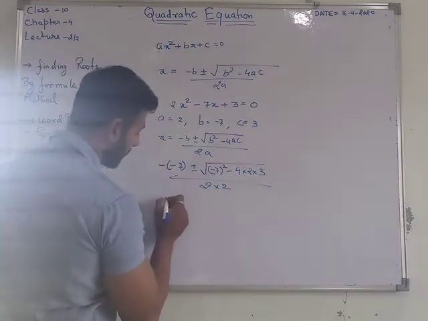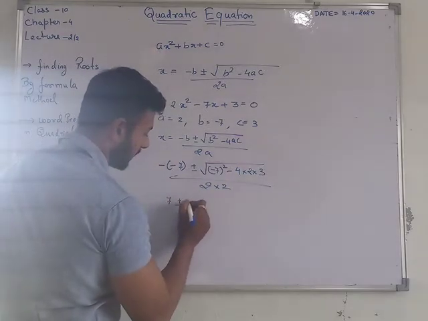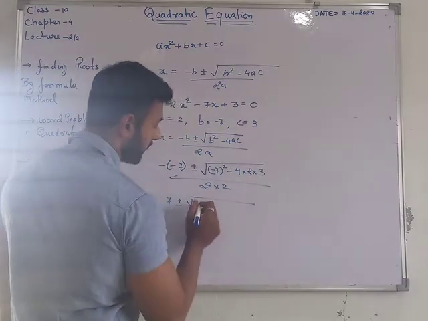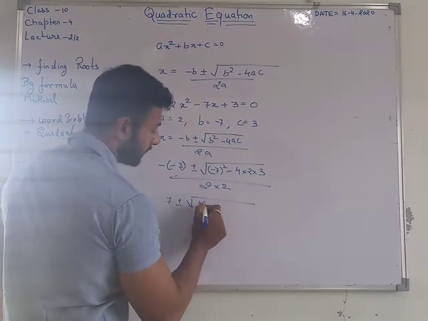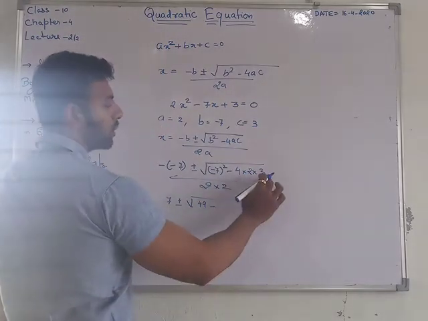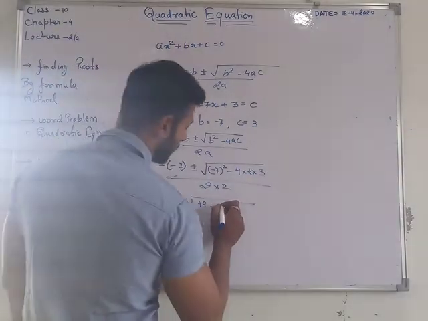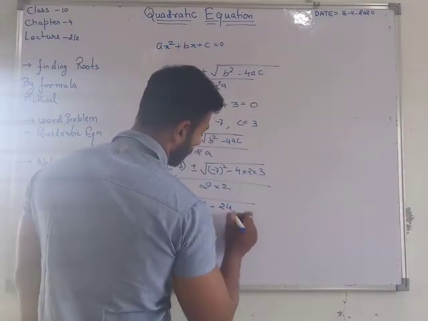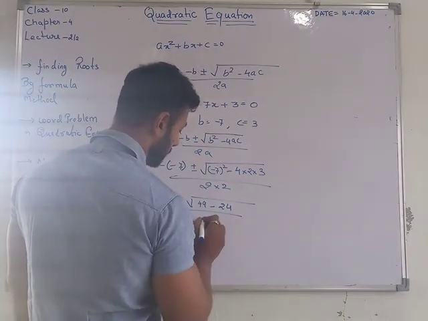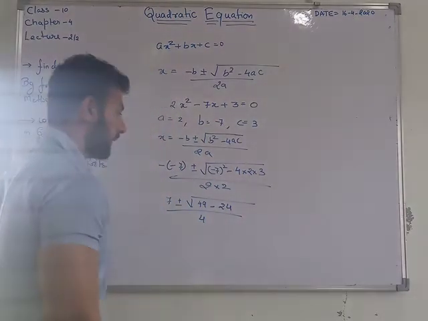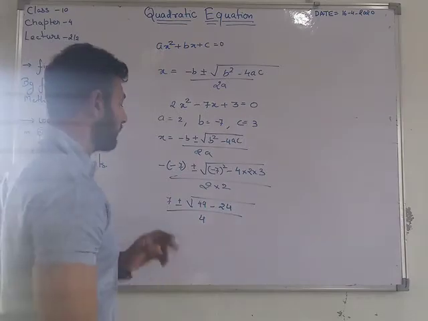Minus into minus will be plus 7, plus minus under root 7 square will be 49, minus 2 3s are 6, 6 into 4 will be 24, by 2 2s are 4. We are getting this value. Now further solving this,